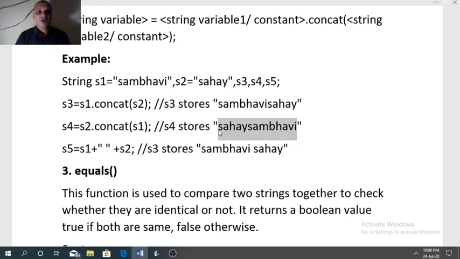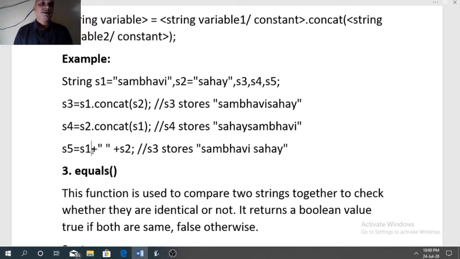So in case you want to join more than two strings, then we have another option. We can use the plus operator. With this plus operator, we can join two strings or more than two strings. In fact, the plus operator is more beneficial than concat because it provides more flexibility, and the syntax is also very simple to write.